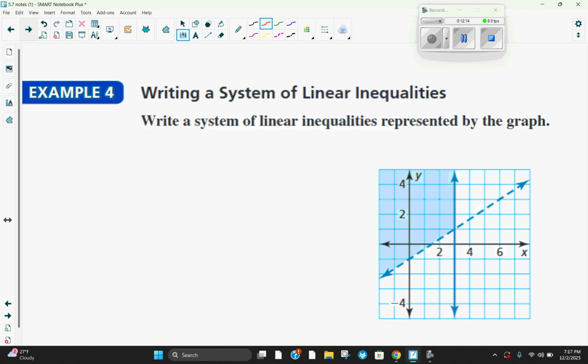So here we go. Got 2 more lines here. Let's do the vertical line first, this guy. So this is going to be an x because it's vertical. X is always 1, 2, -3. So x is negative something, and the shading is to the left, which would make that